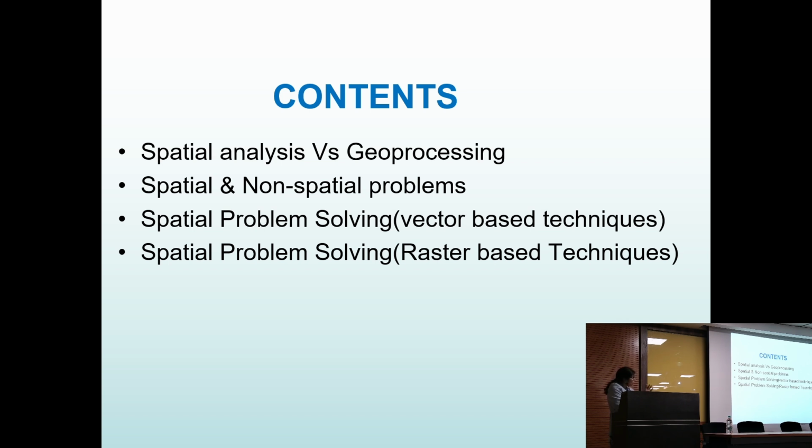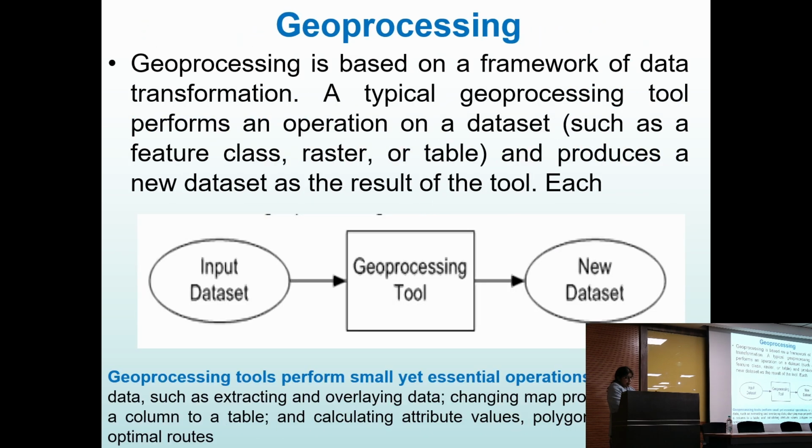Okay. So complete spatial analysis is three-step process. Problem identification, data collection is first step. Then second step, you have to apply models based on the purpose, vector based or raster based. And third is data visualization in different dimensions. This is the complete set, but geoprocessing only deals with the second step. Under geoprocessing, input data you have to provide, you have to use geoprocessing tools, and finally new data set is